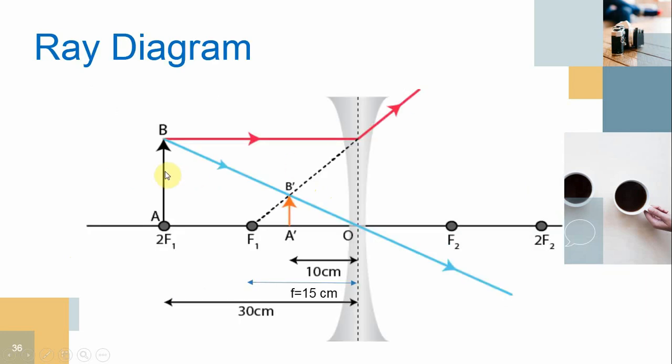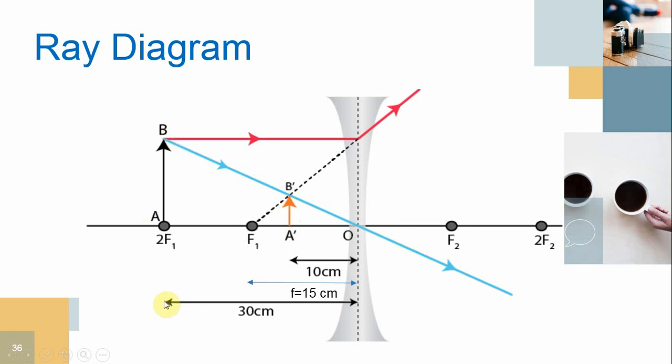This is the ray diagram. This is the object. We take two rays. One is parallel to the principal axis. After refracting, this ray is diverted. After the divergence, we retrace the ray back. Virtually it comes from the focus. Another ray passes through the optical center. It is not refracted, it goes straight. At the meeting point of the two rays, we get the image A dash and B dash. This is the image, and this is the object.